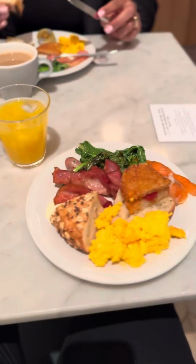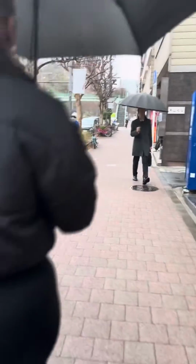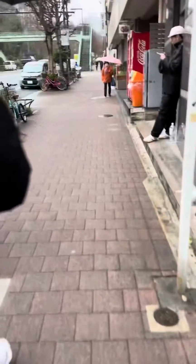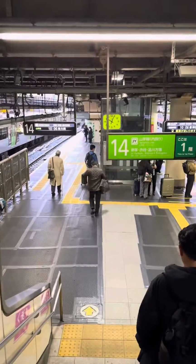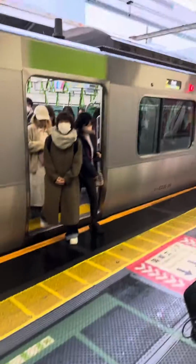This is everything we did on our first day in Tokyo. We had to start off the morning by grabbing some breakfast at our hotel. We stayed at the Knot Hotel in Shinjuku, which allows for complimentary free breakfast with 2 nights or more of stay. Afterwards, we went on a walk through our neighborhood to locate the local train line to find our way